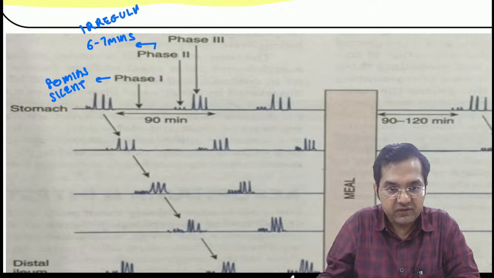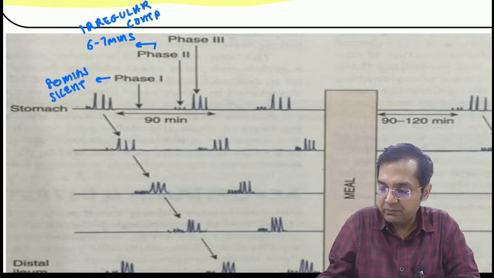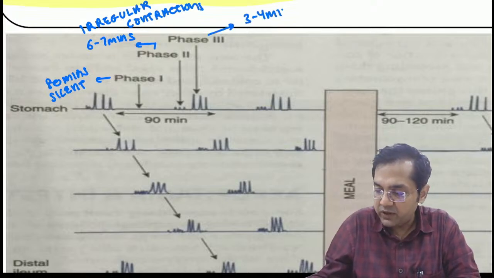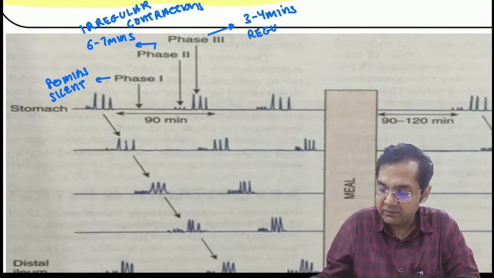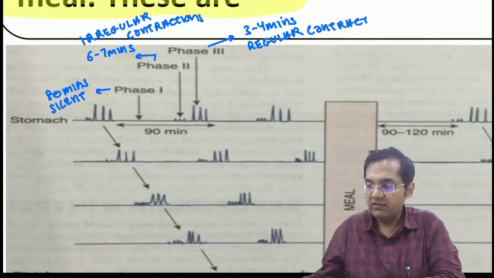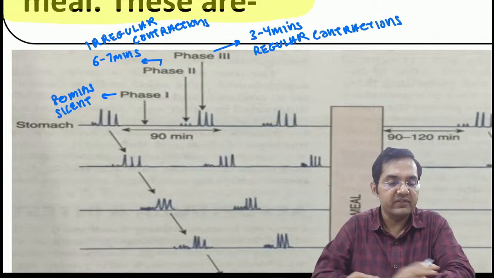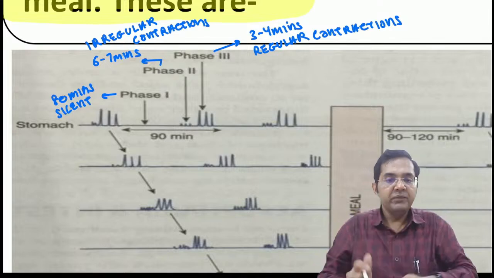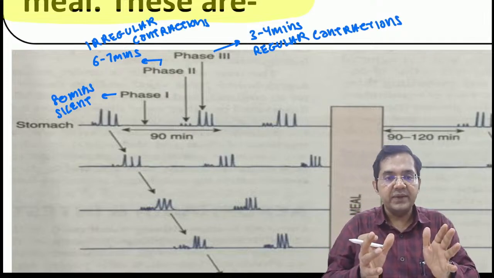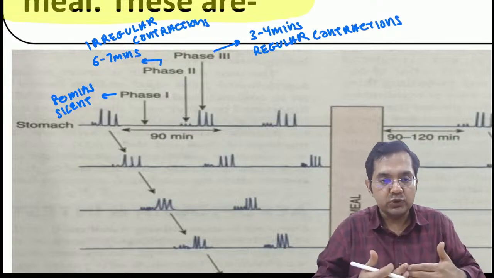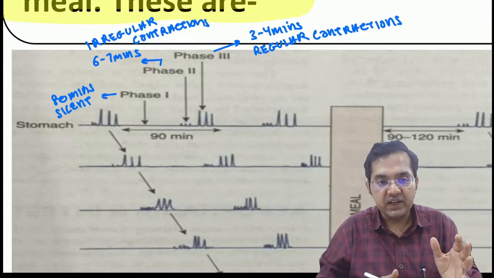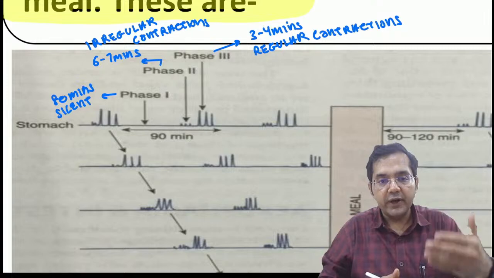This is phase 2. Then please look at phase 3. Phase 3 is the only one in which regular contractions occur. So please remember, you have to know phase 1, 2, 3, which phase is silent, which phase has how much duration. What is the purpose? Let's recall. In the phases 2 and 3, remember, phase 1 is silent, in silent nothing will happen. In the phases 2 and 3, there is more and more secretion of the gastric juices, bile, duodenal secretions, intestinal secretions. So what will happen is the food will move from the stomach to the duodenum to the jejunum to